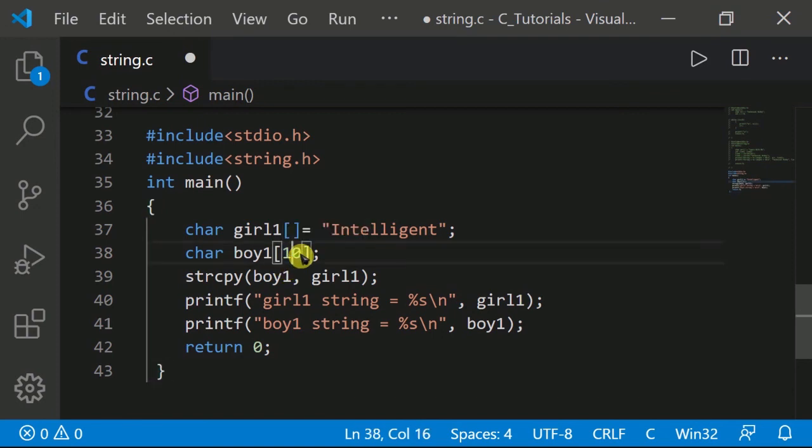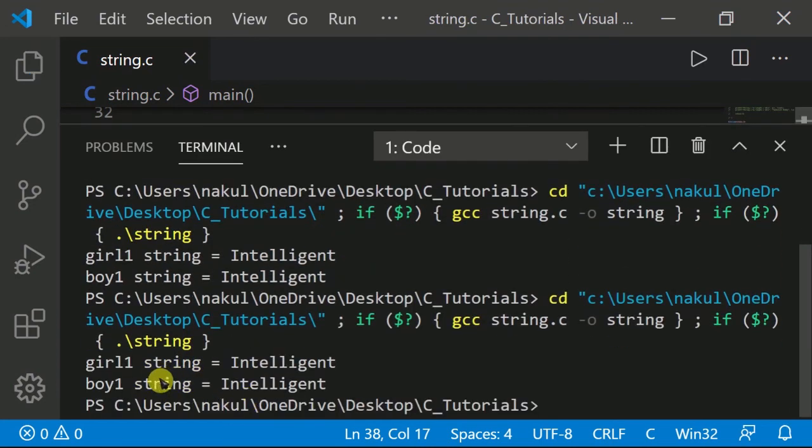If I make it 15 or 20, or okay 12, then it prints the full string. Girl1 string is equal to intelligent, and also the boy1 string is equal to intelligent.